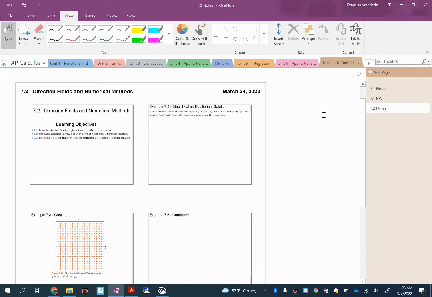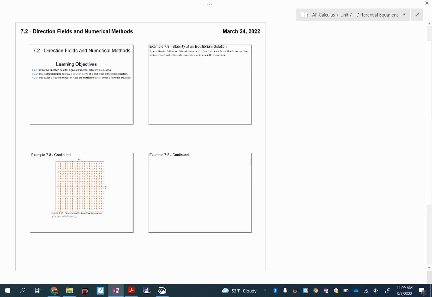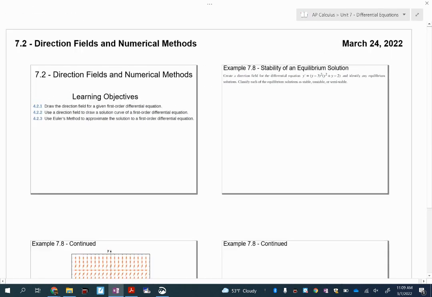This is going to be a very brief introduction, you'll notice there's only 4 slides, into a slope or direction field. And I'm actually going to direct you at some point, after we do this together and try some activities in class,